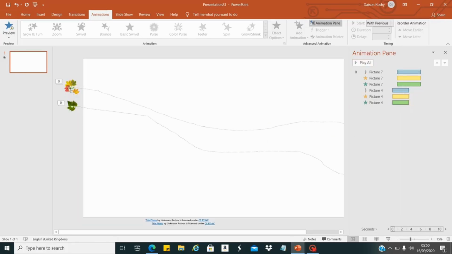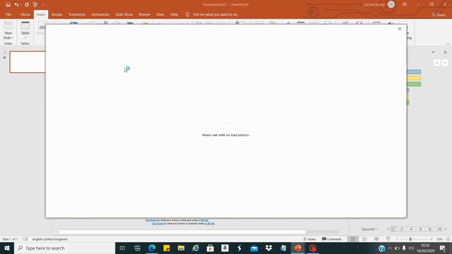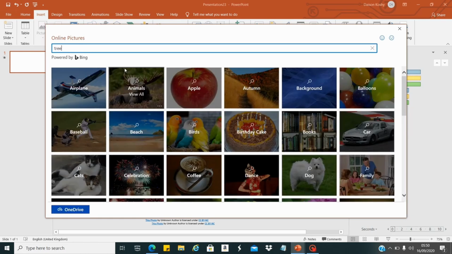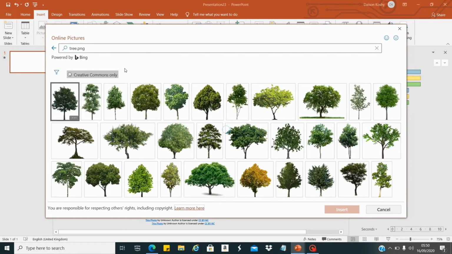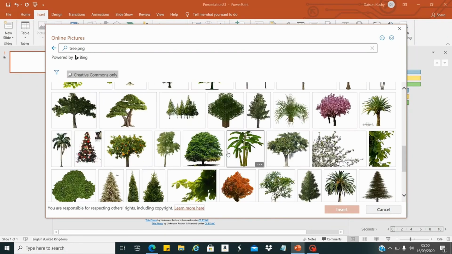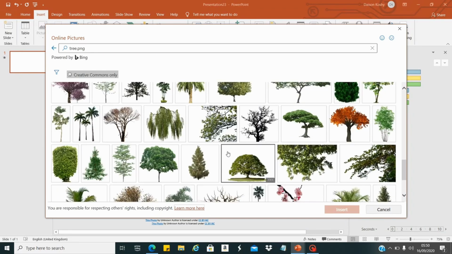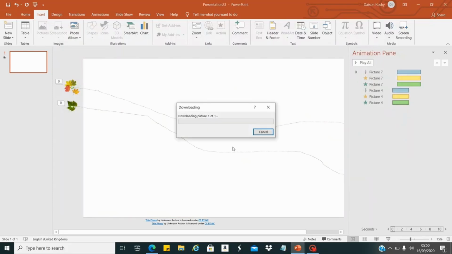If you want more pictures, you can copy and paste the pictures and make more animations. Now we will go and search for some free pictures. We'll select online pictures and type tree.png. We will select some free ones which we can use in this animation. I will select this one and insert.